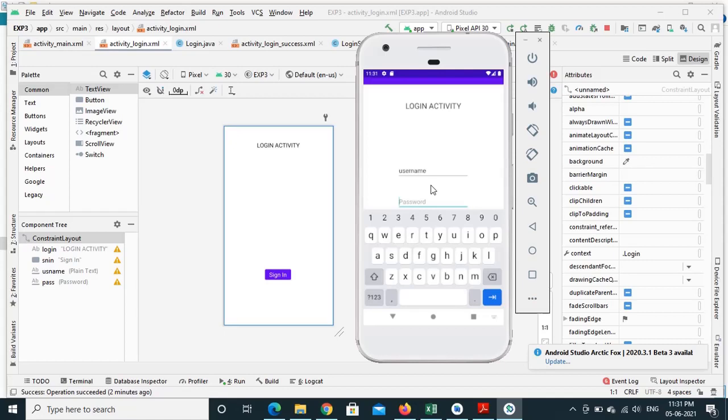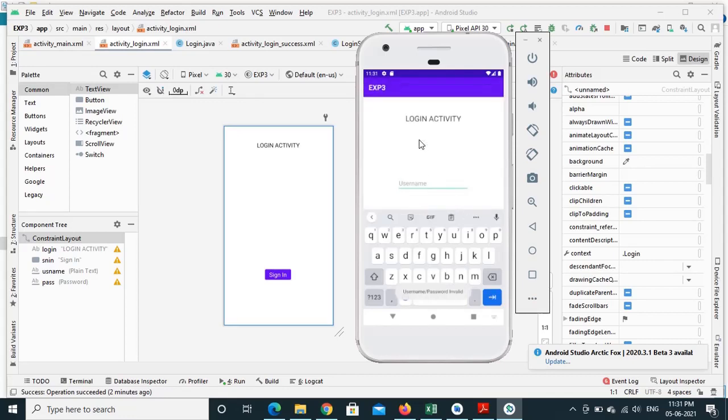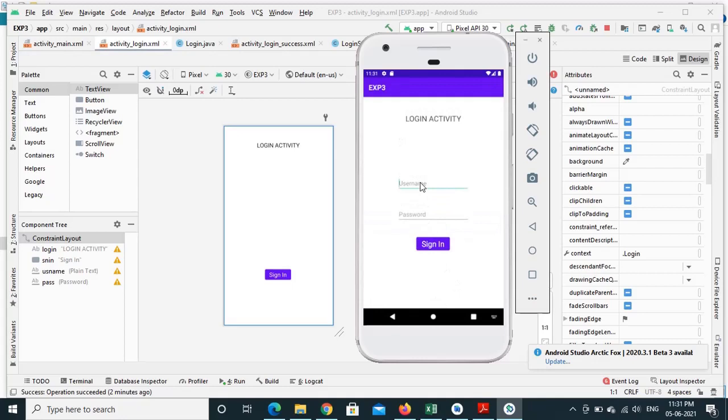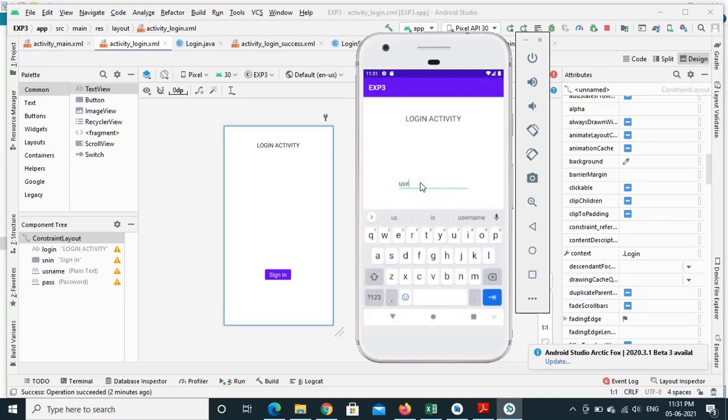I'll give something else as the password. So one attempt is done. Second attempt is done. Third attempt is done. And once I go further, let us see how exactly the application reacts.